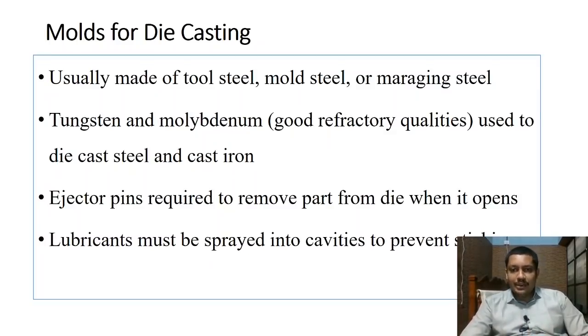So to remove it, you have to actuate the ejector pin. Once the ejector pin is actuated, only then the part gets separated from your mold. So the die material should have a high thermal resistance. Thermal resistance in a sense means the molten material should not have any affinity towards the die material you are using in the case of permanent die moldings.